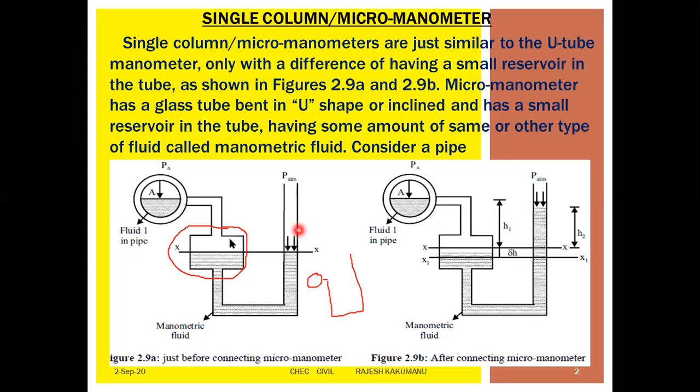Whenever the liquid is in the container, and the manometer fluid is in this glass tube, it is open to atmospheric pressure at the level of datum line XX. Here A is the area of the fluid at a certain point, and PA is the pressure at a point in the fluid. Now whenever the fluid goes into this chamber, automatically the manometric fluid that is here